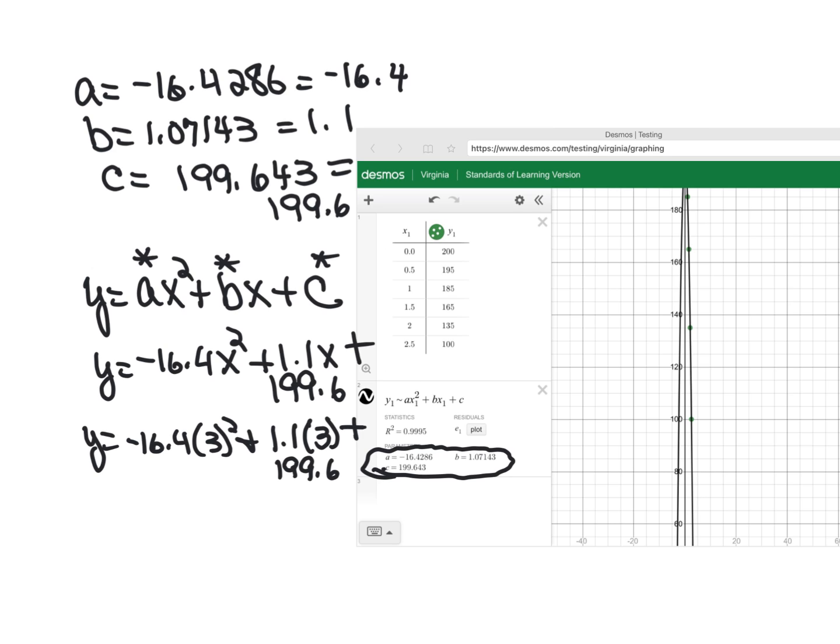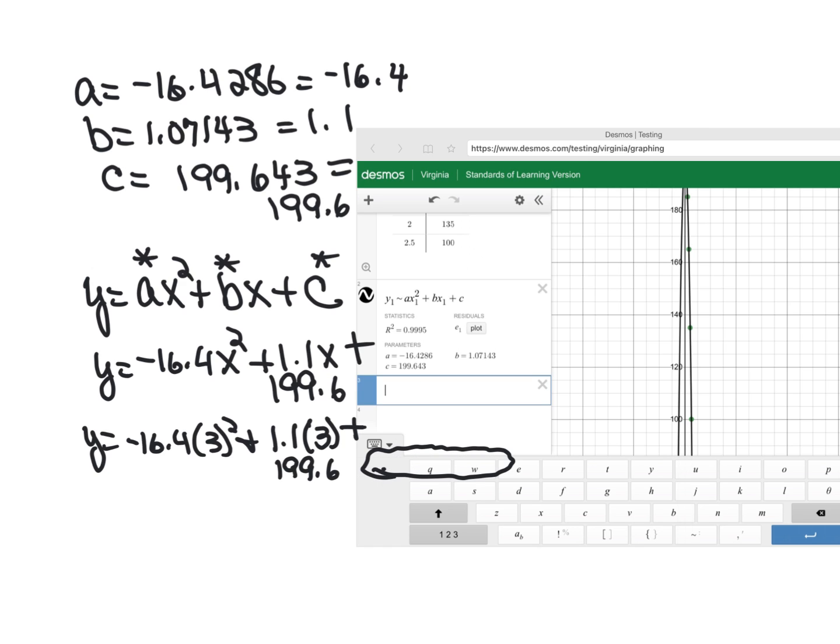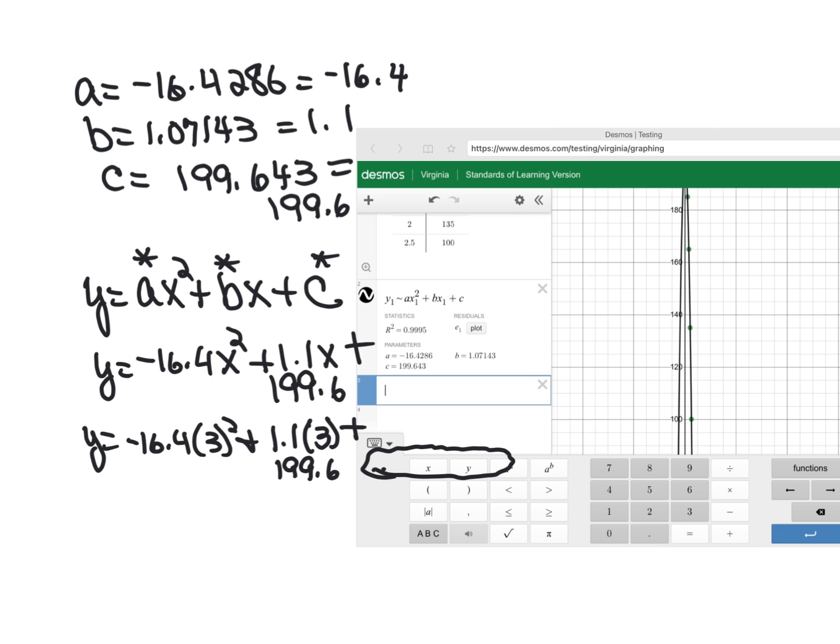And I'm going to go to Desmos, and I'm going to type that in. I have negative 16.4